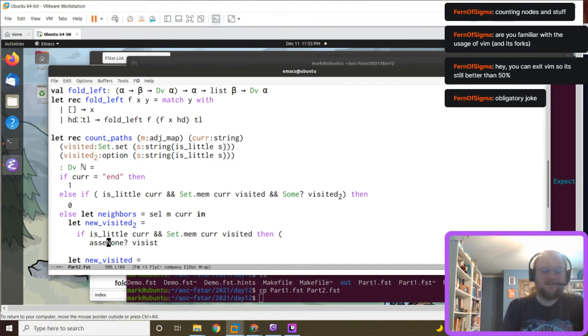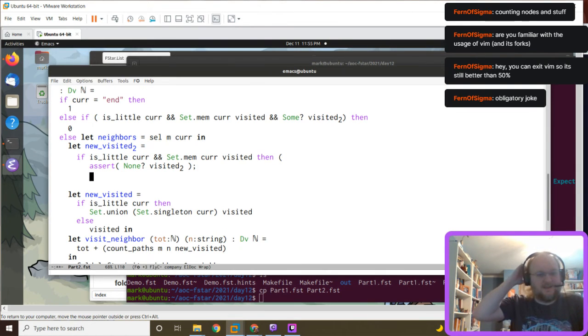So let's assert that, and the type checker, F star, will tell us if that's true. So in that case, we want it to be some